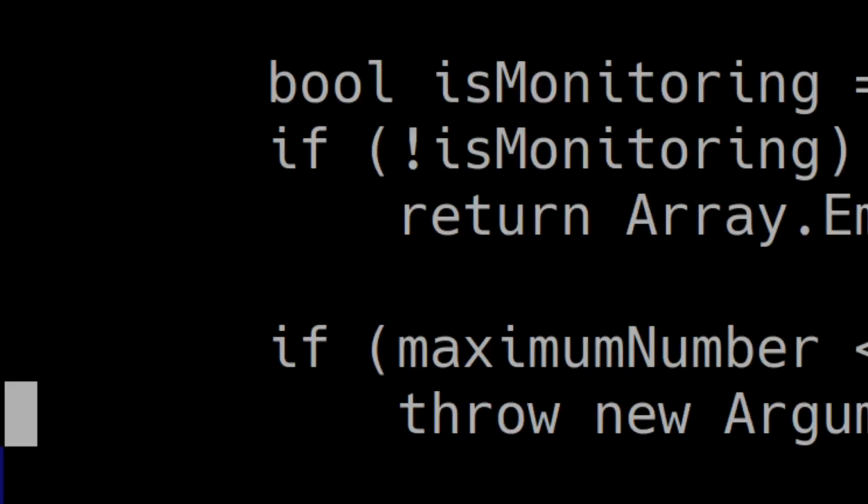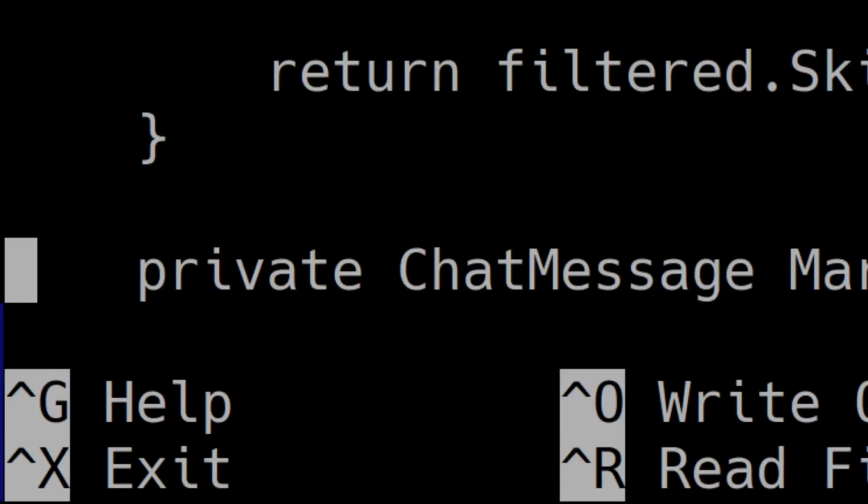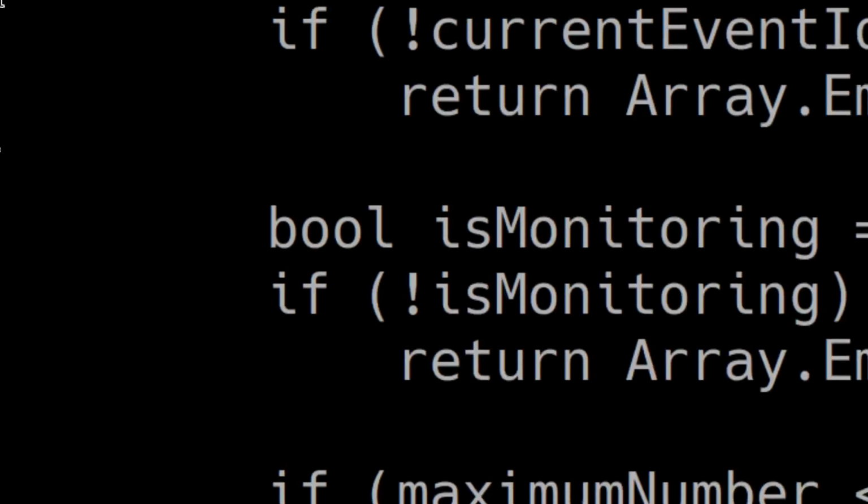Then the interesting part. All of this code is the code that makes the actual chat history possible. So, it's pretty nasty. What we have is public async task hat message array, get most recent messages async, int maximum number, bool include already read. That was a mouthful. And the first thing we do: if we're not monitoring a live stream, we return an empty array because we don't have a hat. If we are monitoring a live stream,